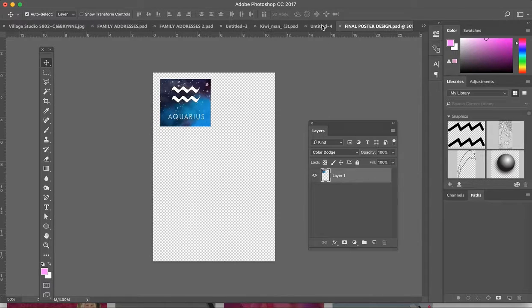I had started one already last week when I was demonstrating with some of you. And I just wanted to go over how I would do this again. I would first start with your background. I would try to focus on everything as a whole. But also, as you're doing that, think about what your background's going to look like in comparison to the information in the front. Remember, the background might just be visual images, but the background images might help to direct your eye to information